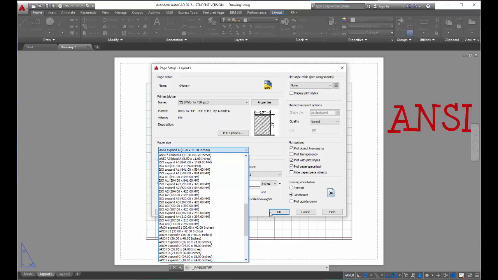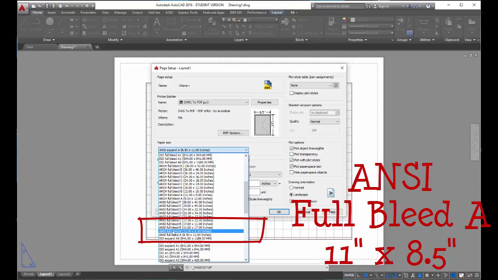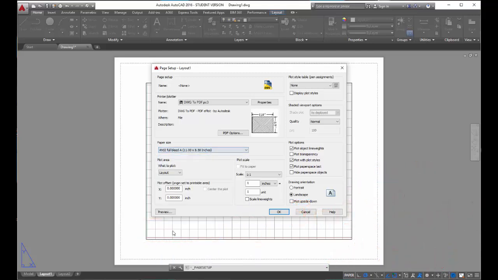You're going to see ANSI, you're going to see ARC, you're going to see ISO. Those are all names of different standards used in different professions. And for the purpose of this video, we're going to choose what's called ANSI Full Bleed. So you might have to scroll around a little bit, but you should be able to find the ANSI Full Bleed, and we're going to choose the A 11 by 8.5 inches. Remember, it's width by height. So I'm going to click on that, and we have now chosen an 11 by 8.5 inch piece of paper